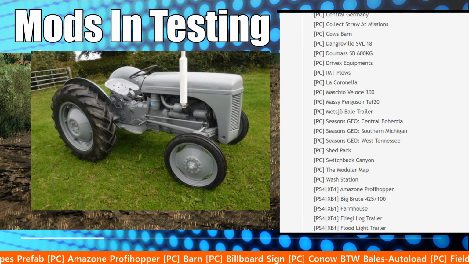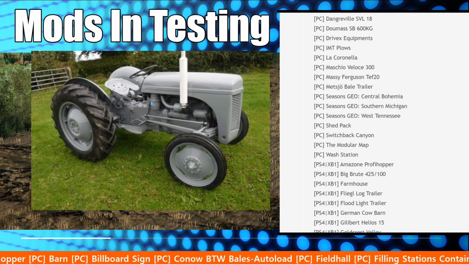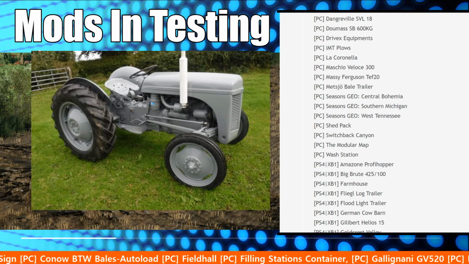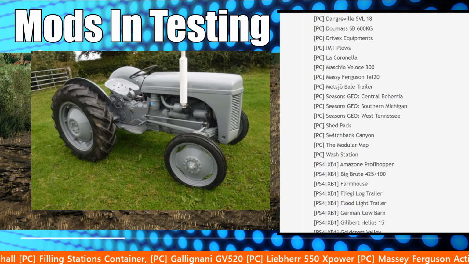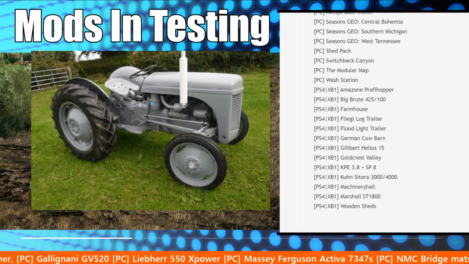Other than that, we have the Bale trailer, a bunch of seasons mods being tested out. The shed pack, Switchback Canyon still in testing, the update for that. Modular Map still in testing, update for that as well, and a wash station. I'm not sure which wash station this is, if this is a new one or just an update. If we move down into console land, we got the Amazon, we got the Big Brute still in testing,